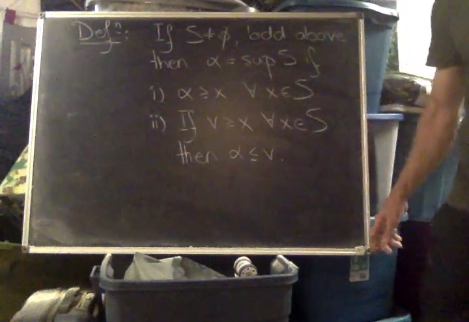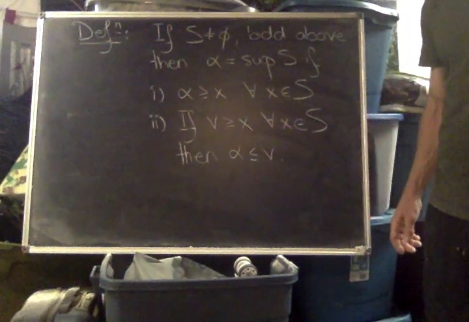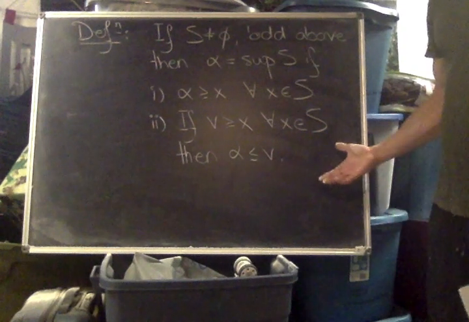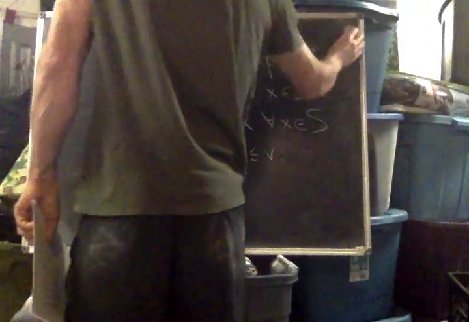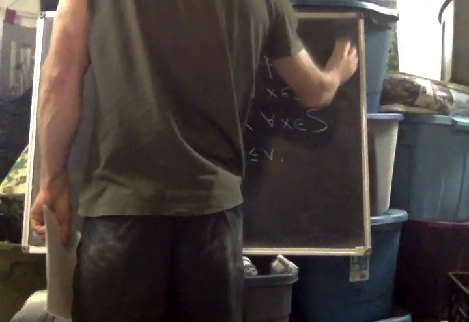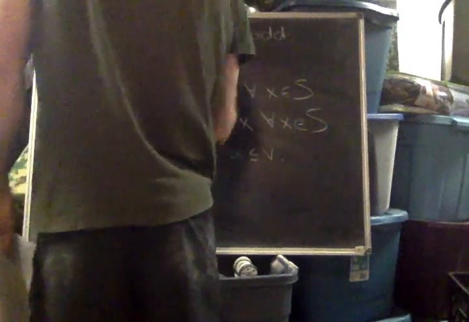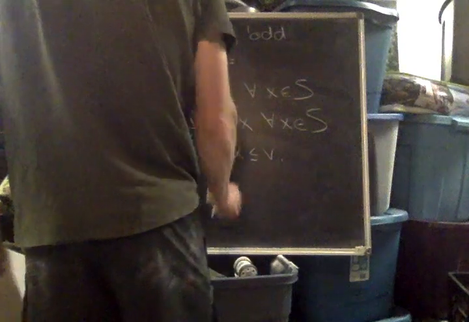So alpha is the least upper bound. Okay? So that's the definition of the supremum. And then, of course,